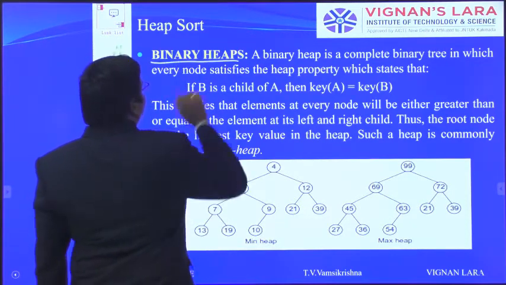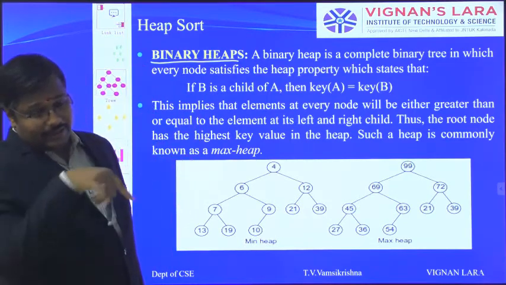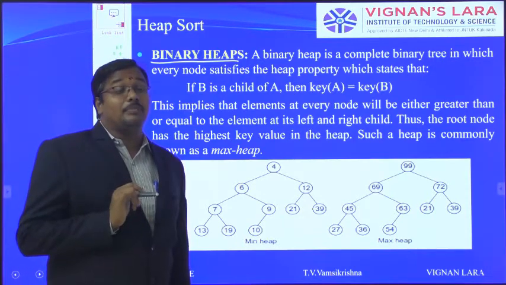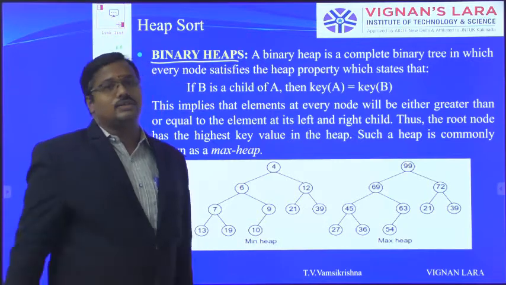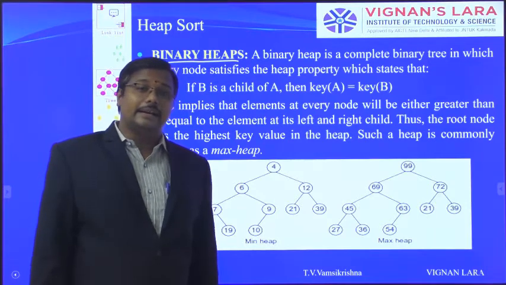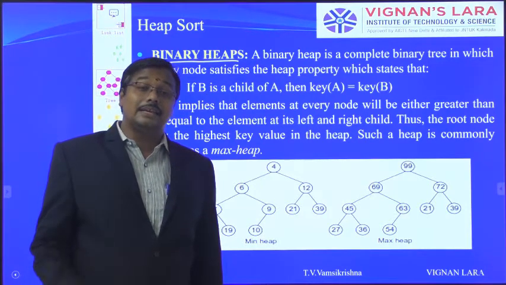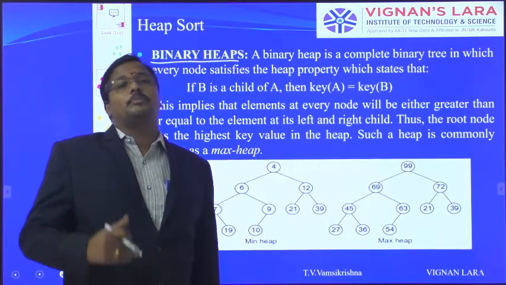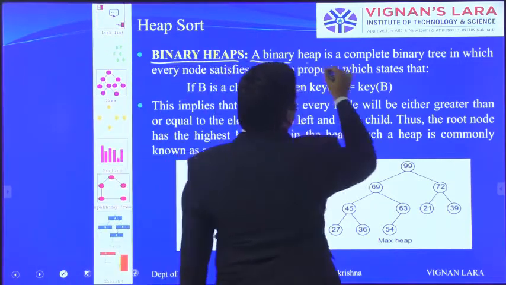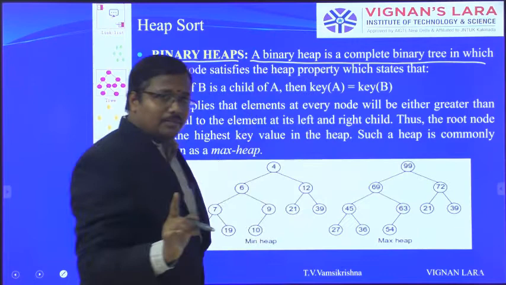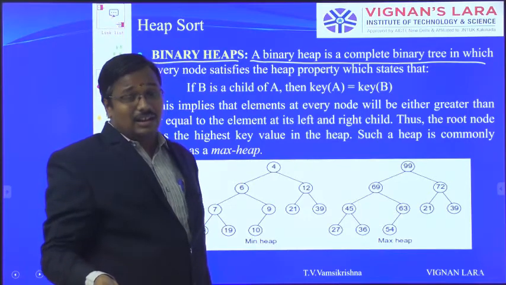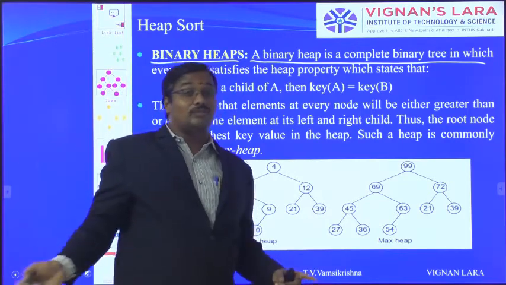So why the interrelation between a binary tree and heap? In this unit we are discussing binary heaps. Heap is a very interesting data structure. Generally a tree is a non-linear data structure, but heap is a linear data structure, but the property checking is based on a non-linear pattern. We will see what this is. So a binary heap is a complete binary tree. Complete binary tree means all the levels must be filled with the maximum number of nodes except the last level, and the last level nodes should be arranged from left to right.